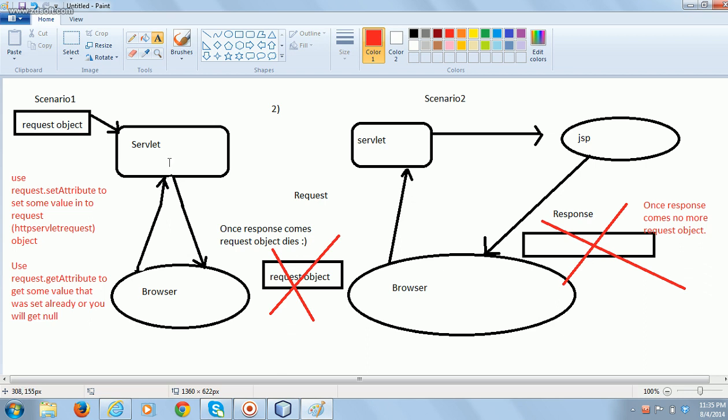In this case, it is very simple. Request sends to the servlet and servlet directly send back the response. But in this case, extra step is involved. Here, servlet forwards the request to the JSP to take care of the request. It won't directly process the request. Okay, now what we can do is, once the request object is created, right, you can store